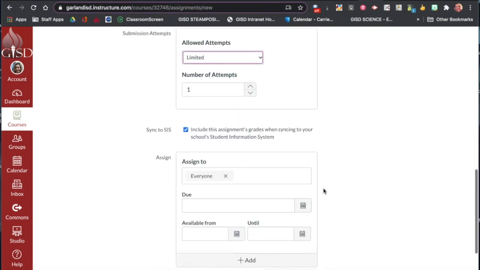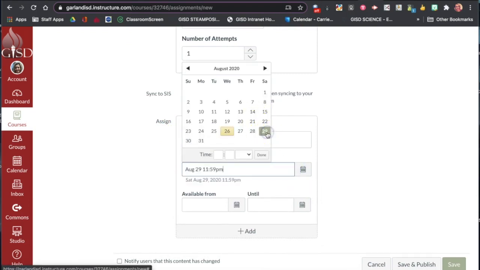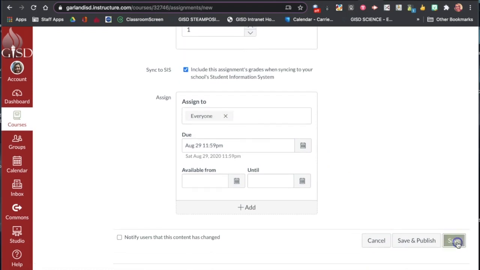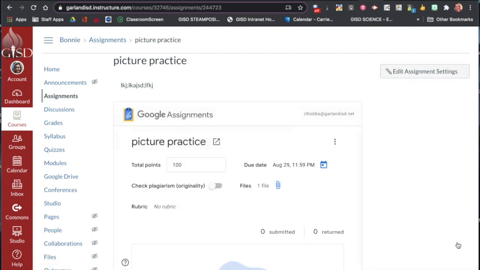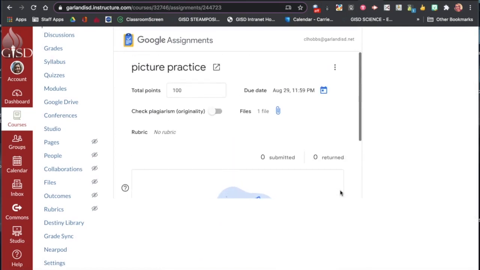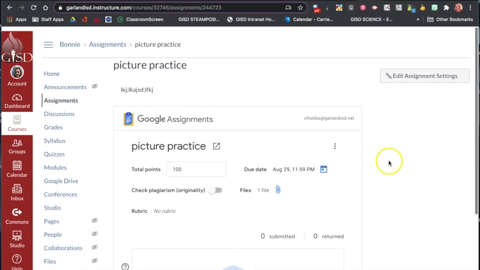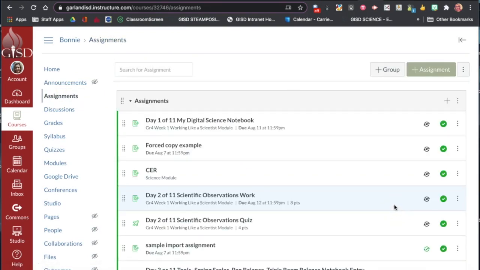Just a tidbit. Okay, I am going to give this to my whole class. I'll set again that due date was Saturday. Okay, and I am going to save it. I'm not going to publish it just yet because I'm not quite there. So we can see our assignment here. Okay, and then when I look at my list of assignments,